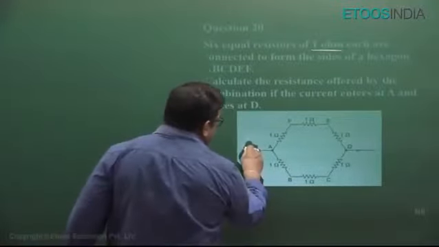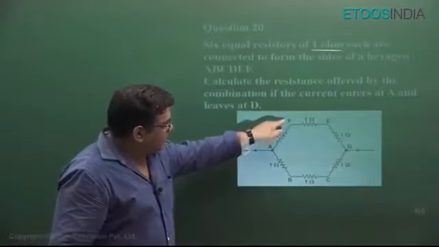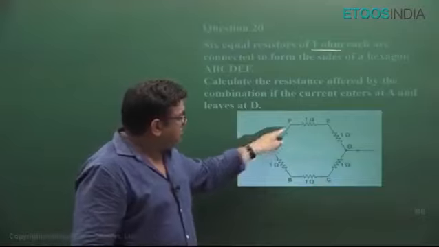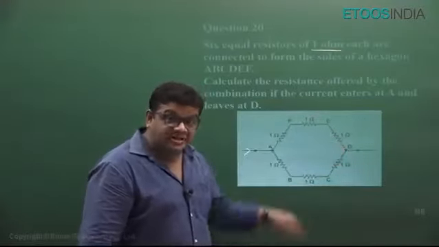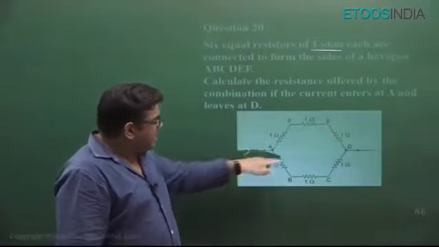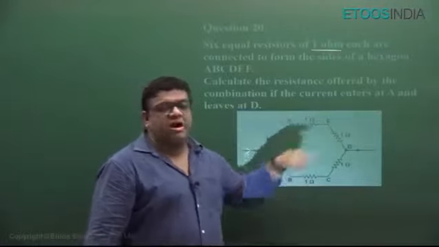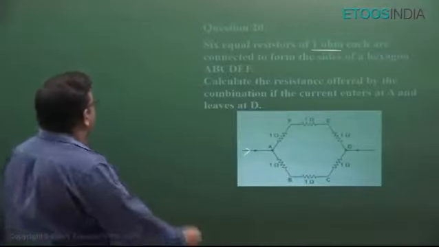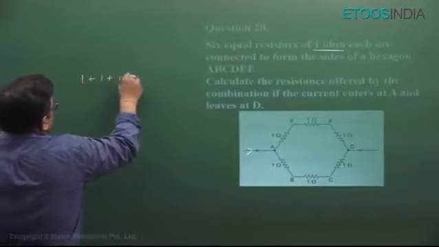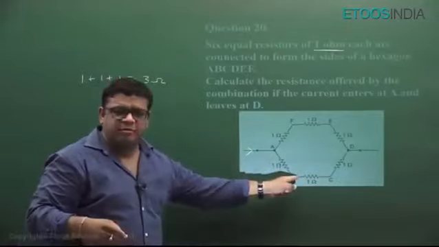I know that current is going in from this point and coming out at this point. From here it is bifurcated into 2 lines. But moving from this side to this side, it has to pass through each and every one. So I can say that these 2 arms are in parallel, but these 3 resistors are all in series. So let me try this one. For the above one, I'll write 1 plus 1 plus 1, that is 3 ohm. Same goes for the below one.